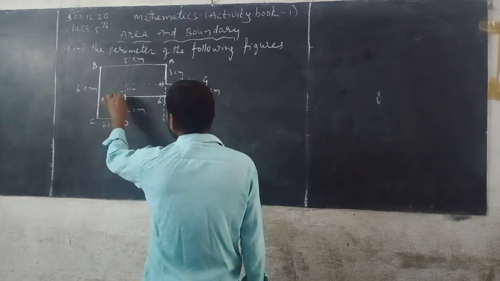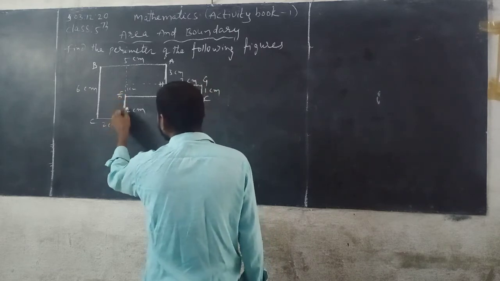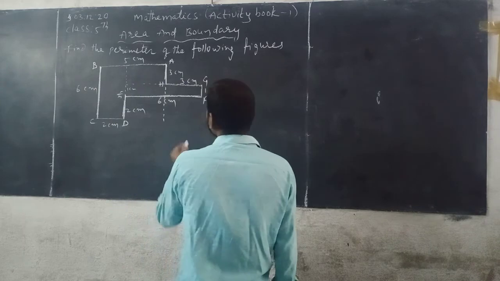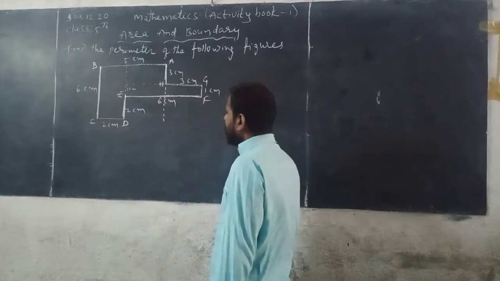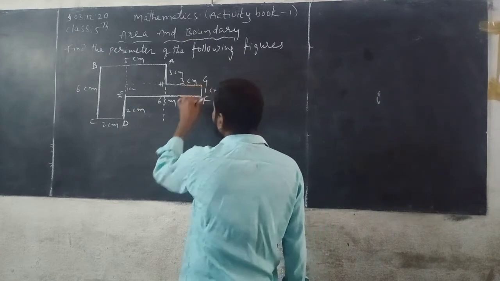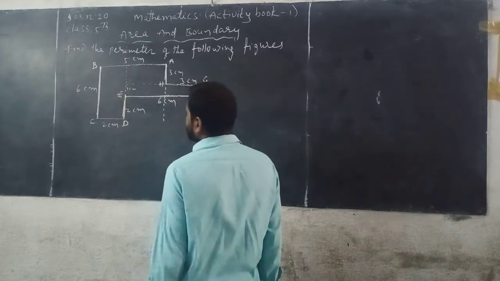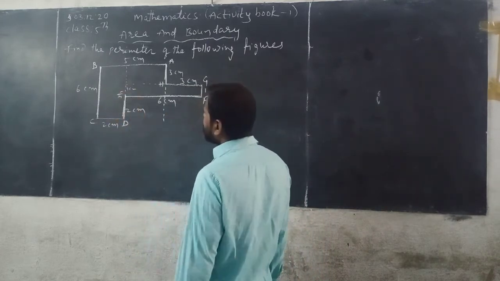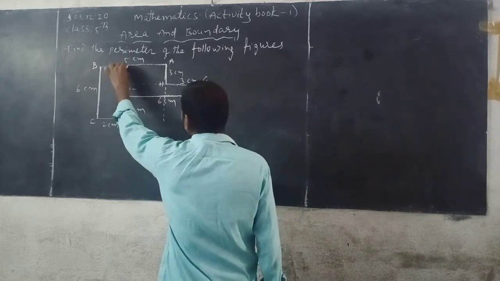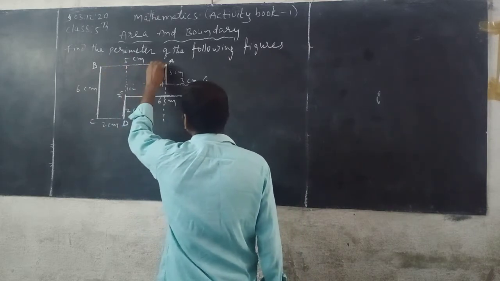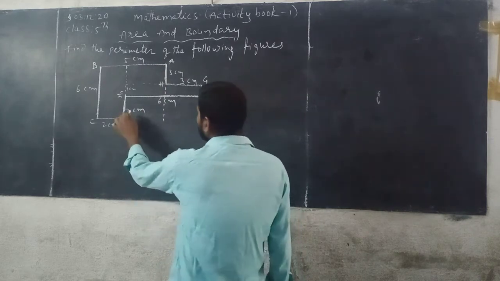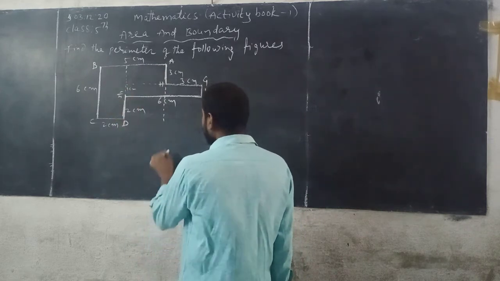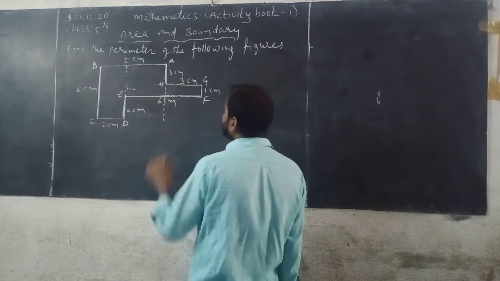Side DE is equal to 2 centimeter, and you can produce this line and this line. Now here, this is 1 centimeter, automatically this is also 1 centimeter. So 2 plus 1, 3 centimeters. Now you can find out the remaining line. Here 2 plus 1, 3 centimeters. Now 6 centimeters minus 3 centimeters, you can get